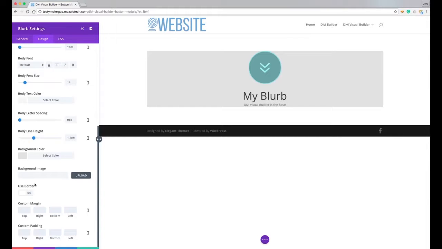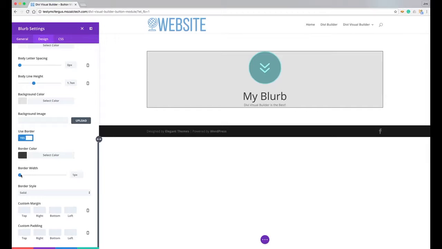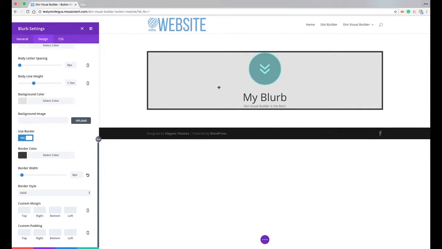And I can also put a border around it, which I want to do because I want to show you one last thing with this. I'll just use black, and let's bump it up to 2 or 3 pixels. But you can see that the icon is brushing up against it, and there's really not much space between the text and the border. So in this module, in the design settings, they've added, you can do a custom margin